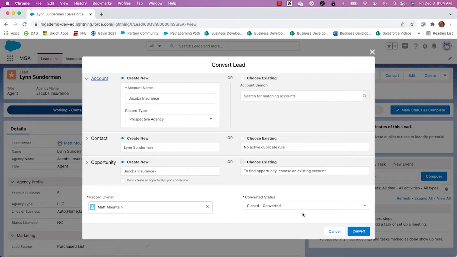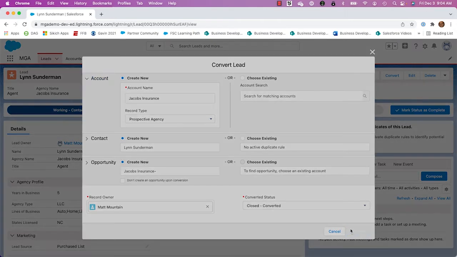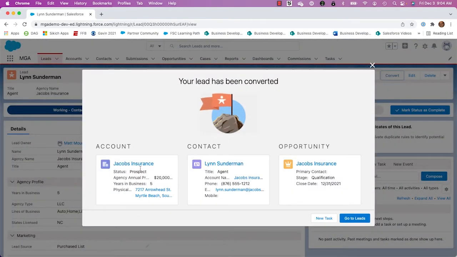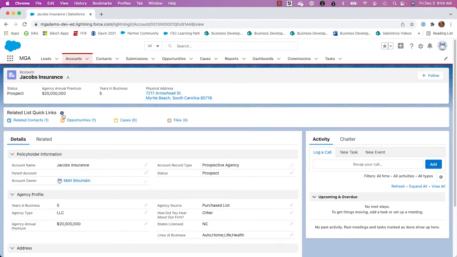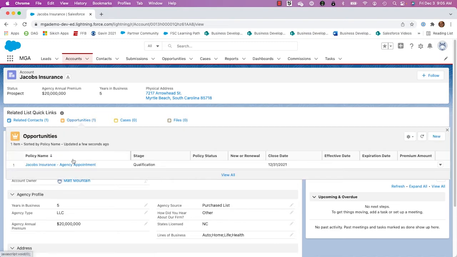And this is standard Salesforce functionality here, where it takes a lead and splits it out and creates 3 separate records. So what you see now is we've got Jacobs Insurance as an account, and we also have a related contact and an opportunity. Now what I want to show you here is that the account record type here is prospective agency. If we go to the opportunity here